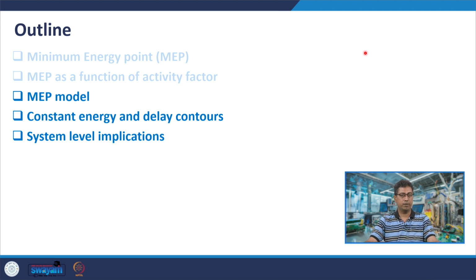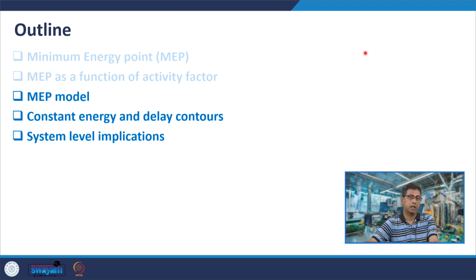In this lecture we will discuss the minimum energy point model, that is, how the optimum VDD which ensures minimum energy operation depends on the supply voltage, the threshold voltage, the switching capacitances, and also the overall area